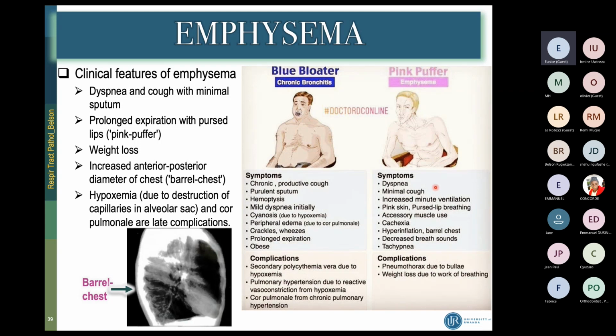So this diagram is just comparing chronic bronchitis and emphysema, and you understand that there is a great difference. So in bronchitis, the issue is with bronchi, while in emphysema, the issue is with alveoli. In bronchitis, you have a productive cough. In emphysema, we have a dry cough, and so on. So there are other differences. And on X-ray, emphysema